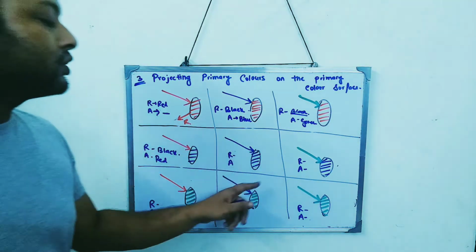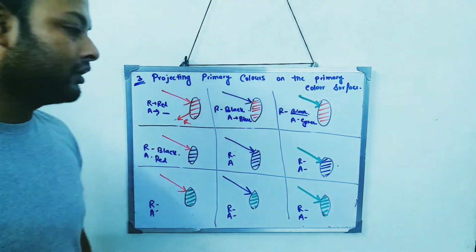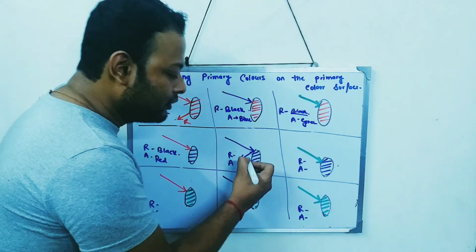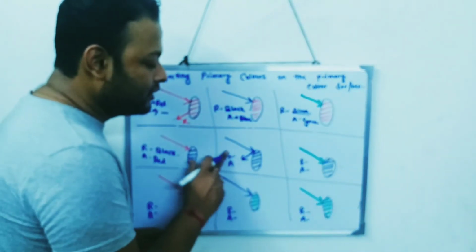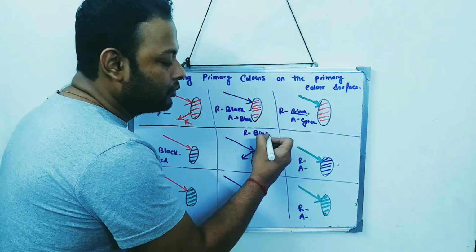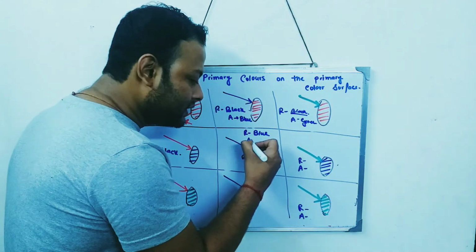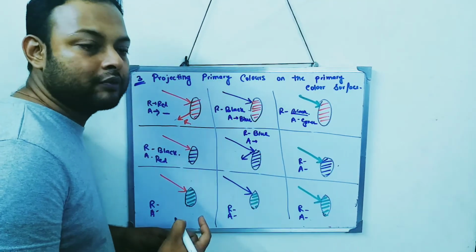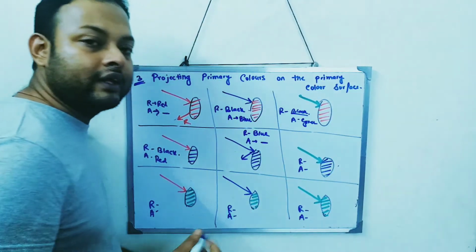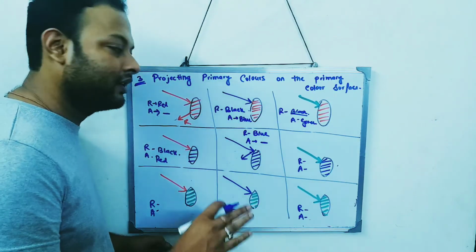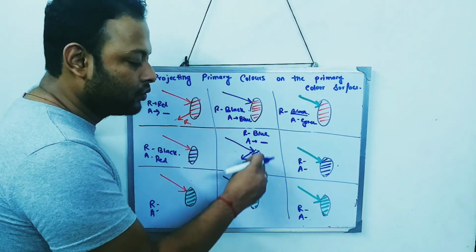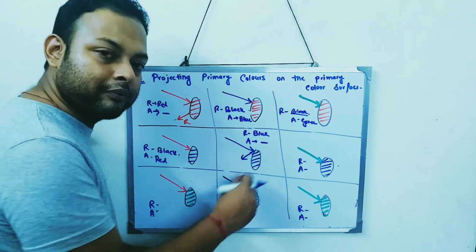Over here, on a blue surface, blue color is coming. So what will happen? The blue color will get reflected. So what is getting reflected over here? The blue color is getting reflected. And what is getting absorbed? Nothing. When it absorbs nothing, don't think it is black in color. It is absorbing nothing and it's reflecting the blue color. So this surface will appear blue only.